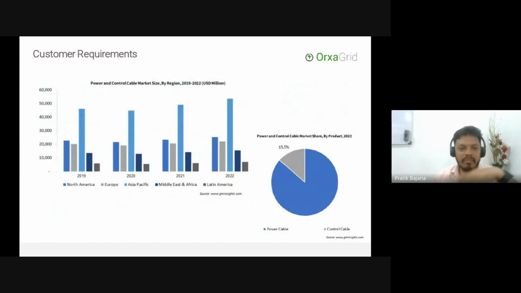Okay, now delving forward and forecasting, where do we see the requirements in this particular sector? You can see that the overall market size by region, in million US dollars, is somewhere around 40 grand when it comes to the Asia Pacific market, which is something anyone could expect given the investments going into this dimension, because of the very fact that the majority of the cables lying in this particular area